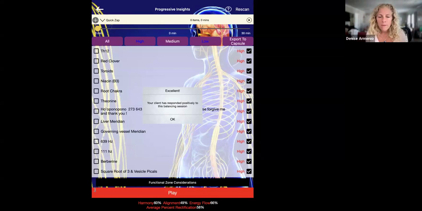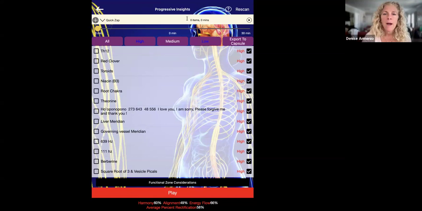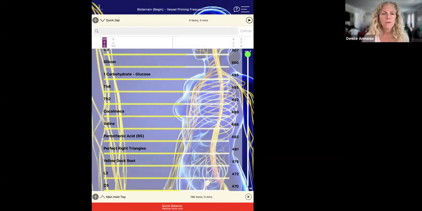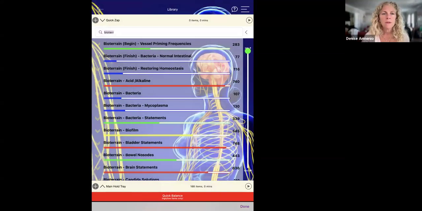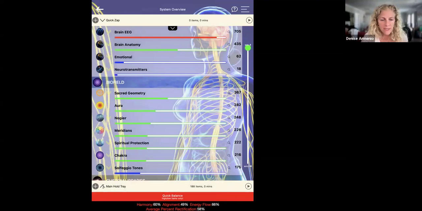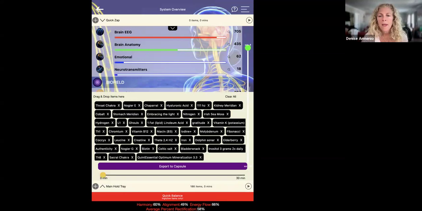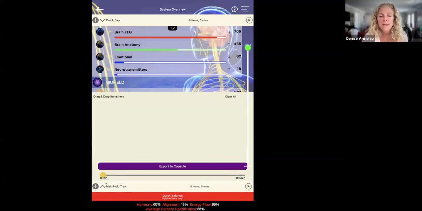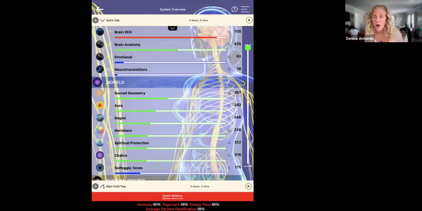And if you look at the harmony, alignment, and energy flow, again, it goes from 49 to 66. So that's within that 20 range. So that's also great. So I am now going to back out of here because I'm really happy with those results. And now I'm just going to hit this up arrow to the right of the main fold tray. And I can hit the clear all to clear that. And now we can start on the